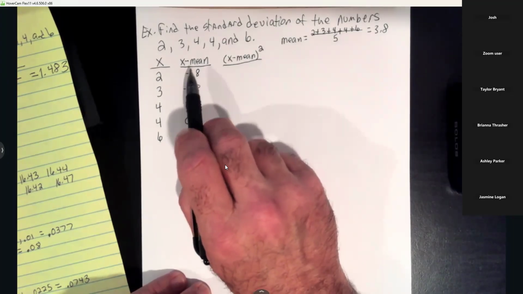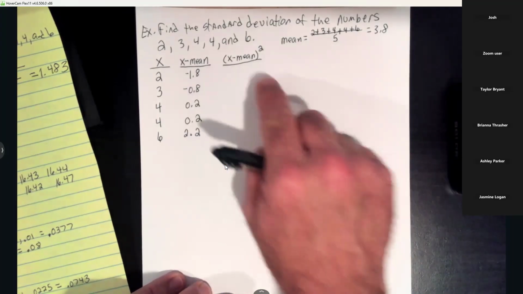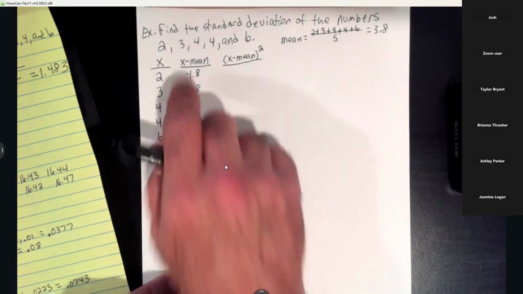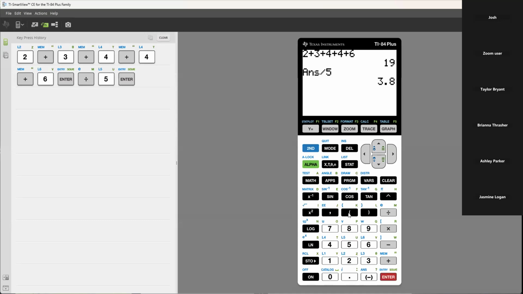And what's nice, when you multiply negative times a negative, it'll make it positive. So all these values will be positive when you square those. So I'll show you how I square those. If I was doing it on my calculator, I put them in parentheses. So do negative